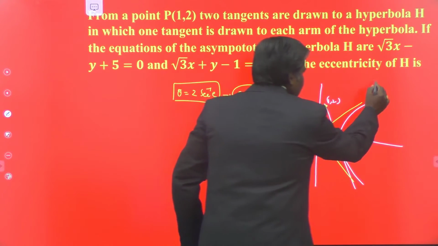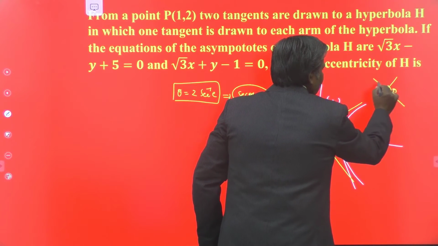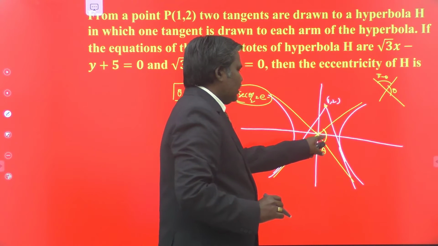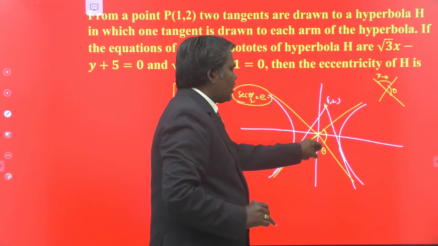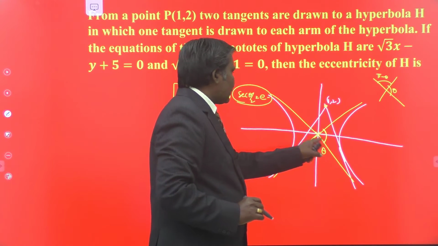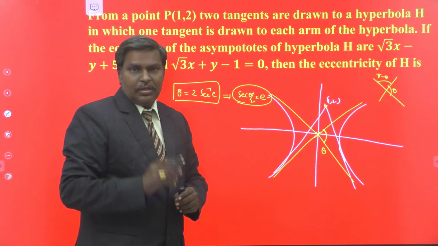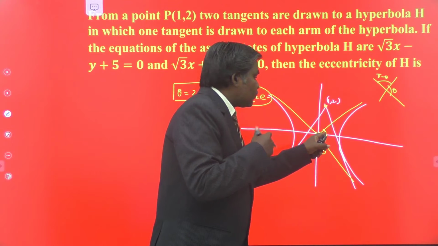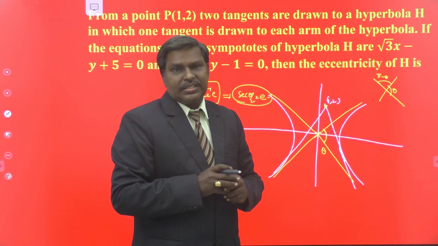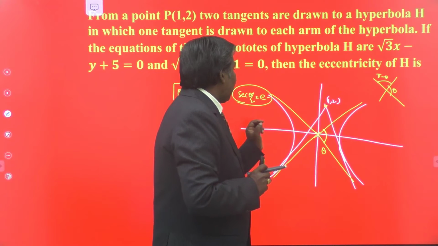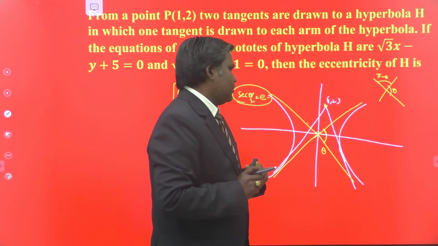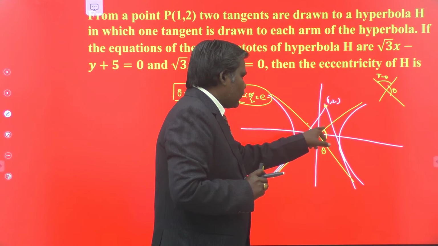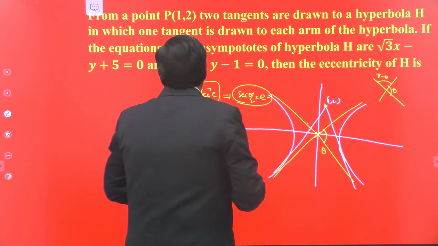Suppose two lines intersect in this manner, we have two angles. One is the acute angle, the other one is the obtuse angle. We have to find exactly this angle, whatever it may be, acute or obtuse. Once you find this exact angle, we can find the eccentricity. Because if it is 60 degrees, you have one eccentricity, and if it is 120 degrees, you have another eccentricity. So your aim is to find the exact angle at this position between these two lines, not the other angle. Then only you get the correct answer.